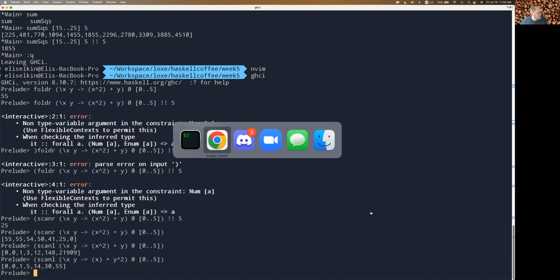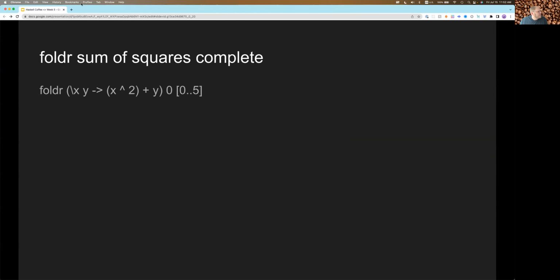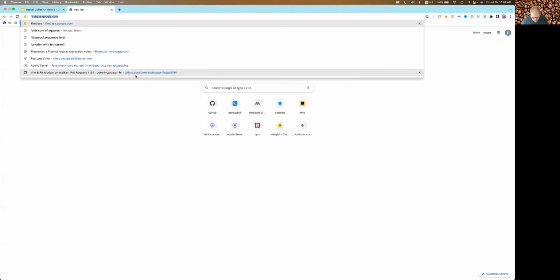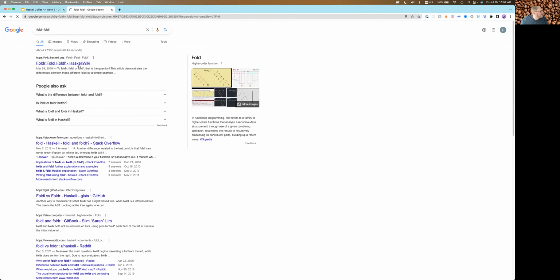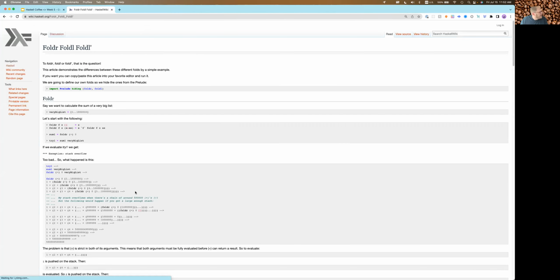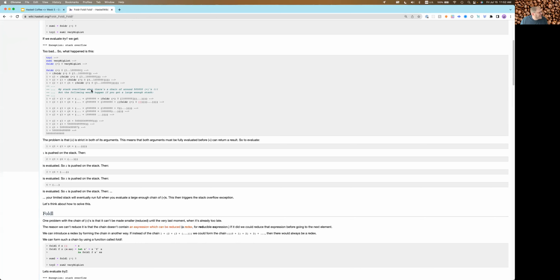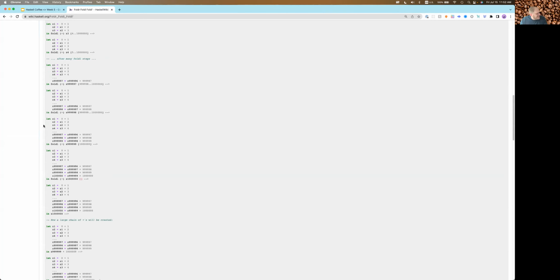And if you look at the difference between fold R and fold L, you'll see here that fold R takes the value on the left and adds it to whatever the incrementing value is on the right. And so it becomes a right triangle,